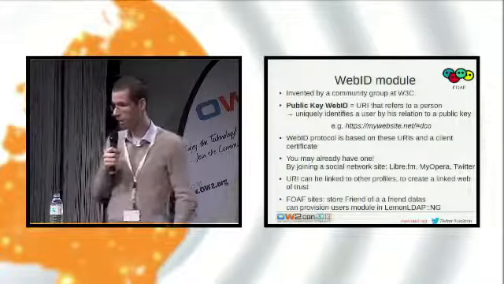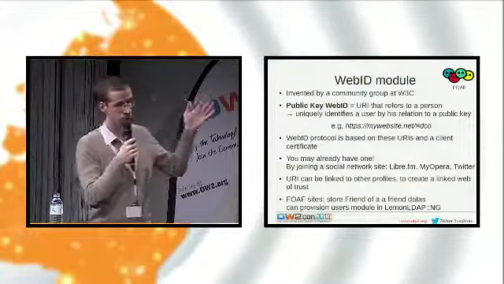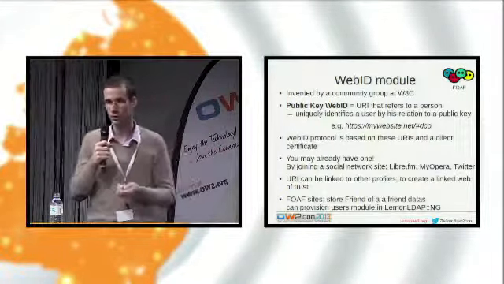For example, by joining one of these social networks, there is automatic generation of what is called FOF data. What is FOF? FOF is friend of a friend. To sum up, FOF is an RDF XML document,